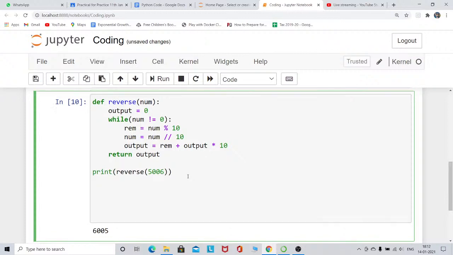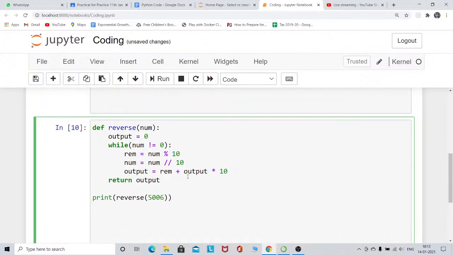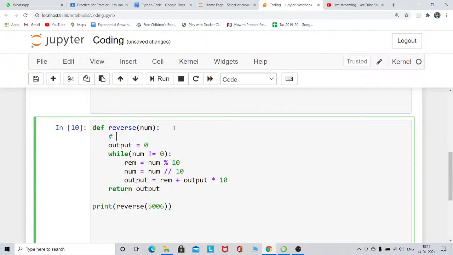Okay, so this way you can reverse any integer number. Here is one more thing you have to remember. I am assuming the number is a valid integer. It is not a string type.